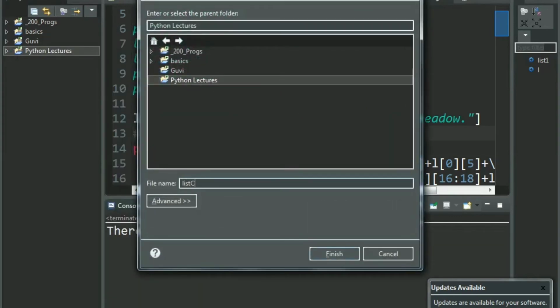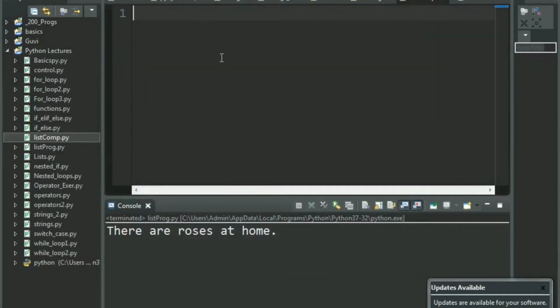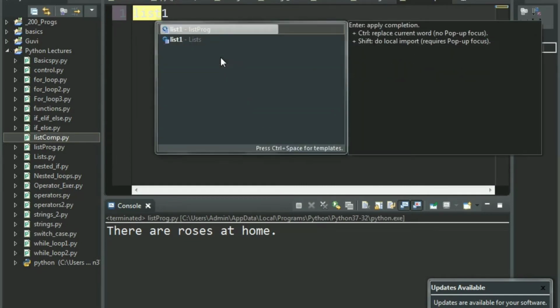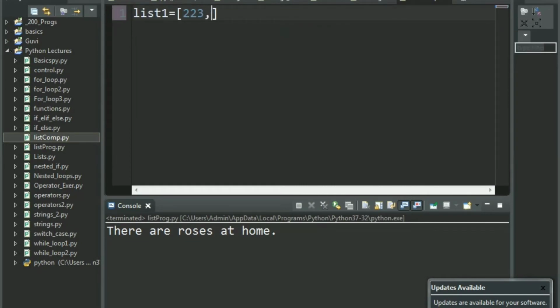Let's name it list comprehension.py. Okay, so what was our example? We have a list containing 3-digit numbers. Let's just give any random numbers. Okay, this is our set of numbers. So we saw the basic method to do it, right? You give an empty list, you take a for loop, then you append using the append function, and then you print it. So instead of doing that, what we'll be doing is